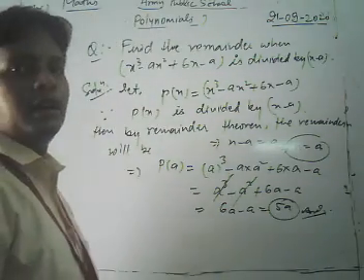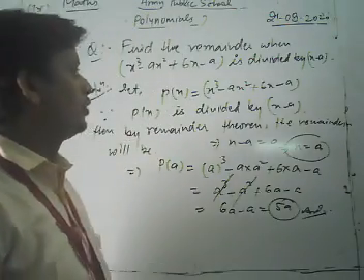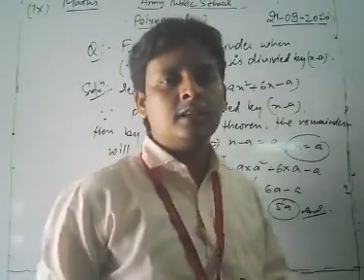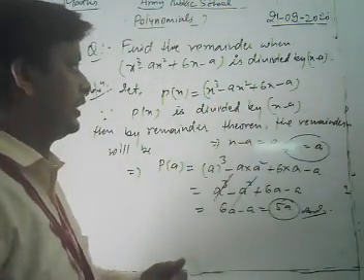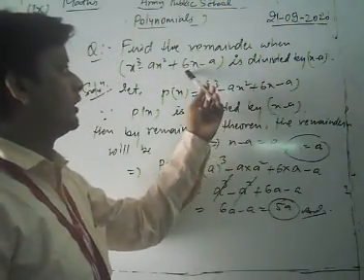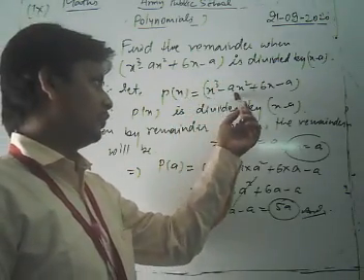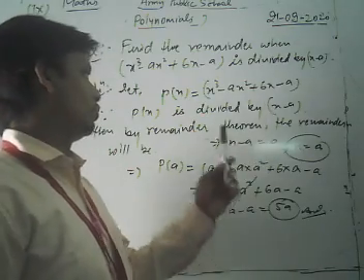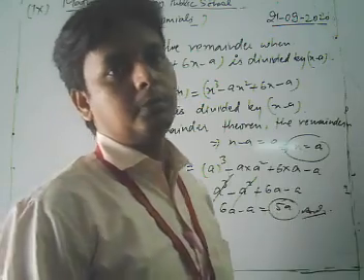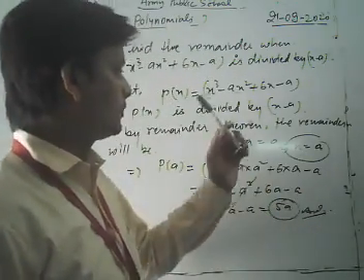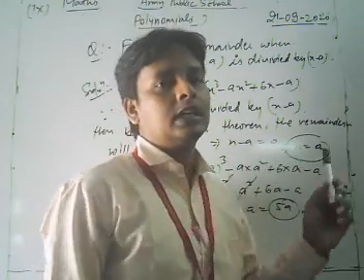Thus, dear student, in this way you can solve each and every question of your NCERT exercise based on the remainder theorem. Let's see once more time. This is our given polynomial. First of all, we take the given polynomial as p(x) equal to this. Now according to the question, the polynomial p(x) is divided by x minus a. Then by the remainder theorem, the remainder will be p(a).